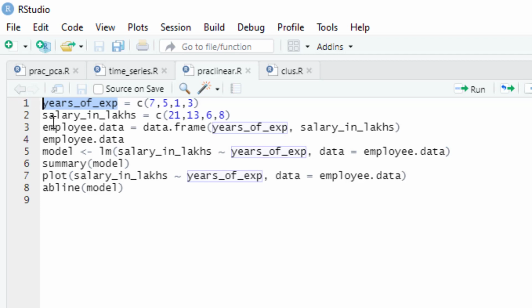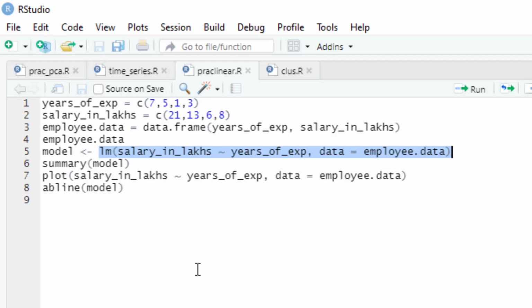Okay, so for that we are making use of this function. Is it clear? Then after that we have used a formula, salary in lakhs with the help of years of experience, and we are calculating the data over here.